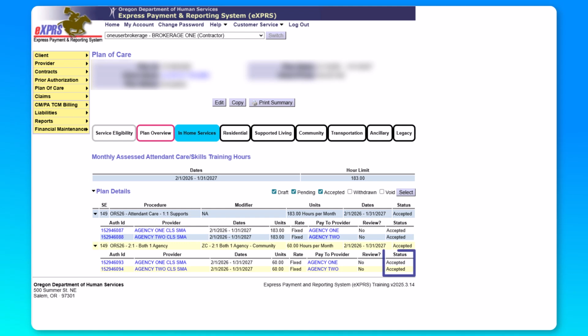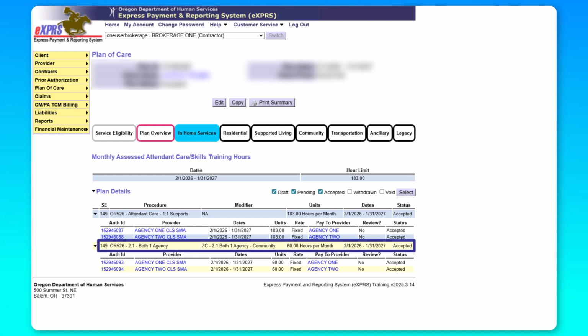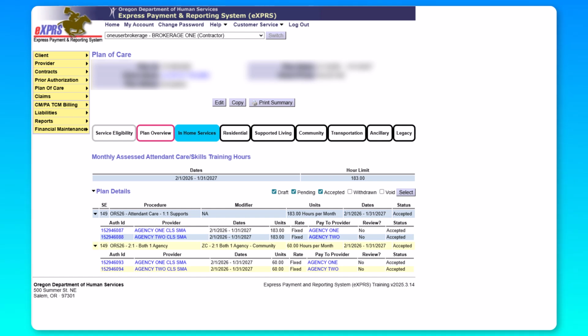Once they're approved, the status changes to accepted, and one of the 2 agency providers can now bill for OR526ZC when they send 2 DSPs to support an individual. The agency will receive a higher rate for sending 2 staff, but only 1 hour of service is used for the individual. Now, as an important note, service-delivered billing entries for OR526ZC cannot currently be created in Express Mobile EVV by direct support professionals. These billings must be entered in the Express desktop or via the Agency SD import process by the agency provider.